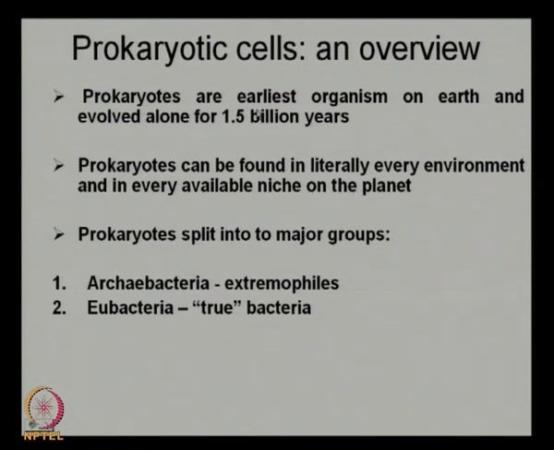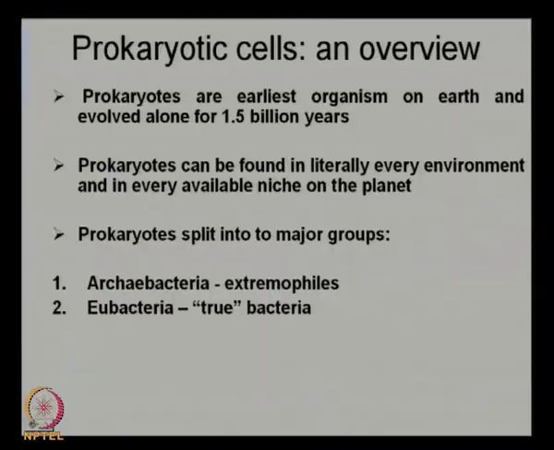Now, if we see the overview of this prokaryotic cell, we can find that prokaryotic cells are the earliest organisms in this universe and evolved alone for 1.5 billion years. Prokaryotes can be found everywhere, in every niche available on this planet. Based on the different cellular organization or structure, the prokaryotes can be divided into